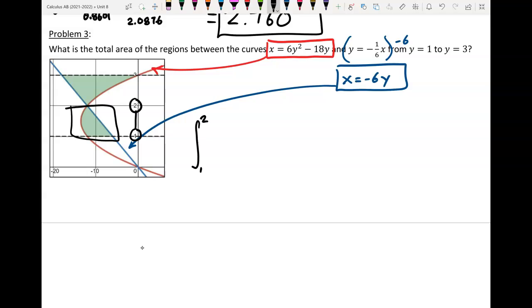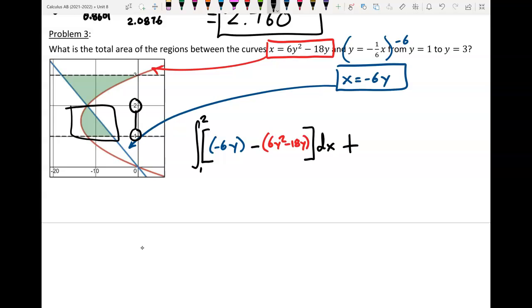Now, when I write it out in terms of y, it is not top minus bottom. What is it? Right minus left. Positive minus the negative. So it's going to be my blue function, negative 6y, minus my red function of 6y squared minus 18y